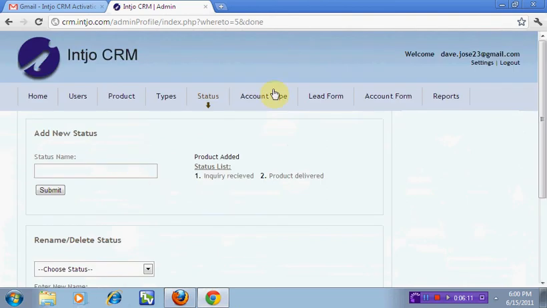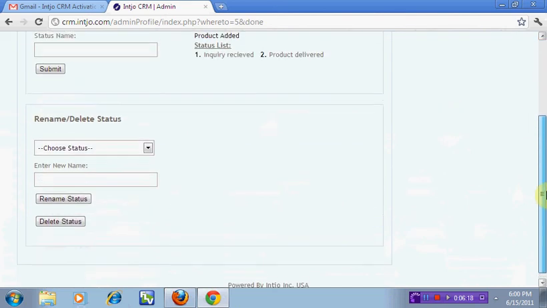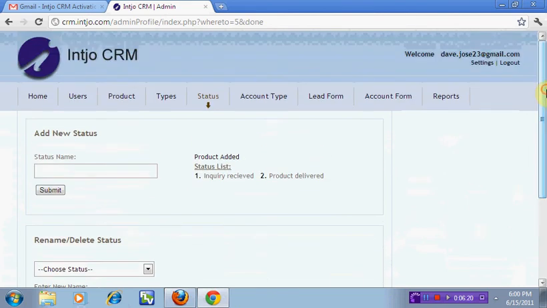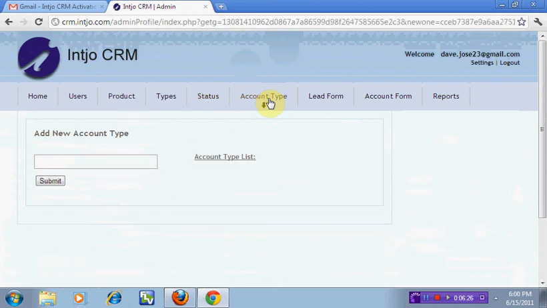Now click on account type. Every lead comes from a source, so it can be advertisement, direct marketing, or anything else. The main heads from where you get leads are called account types. Example, internet advertisement, print media, television, etc. Google or Yahoo under internet advertisement is the account name that your users will create. Here you will just create account types only.